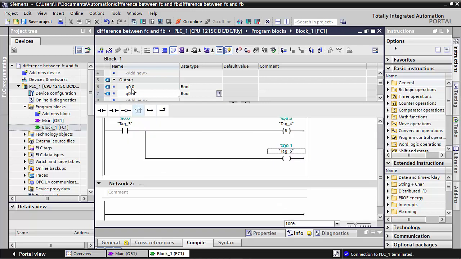This right, Q0, this also I'll put it here with a name, lamp 1, because after this you will understand how to make the names. Lamp 1, lamp 1 and